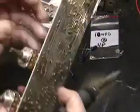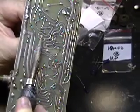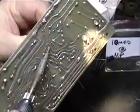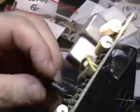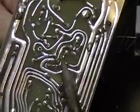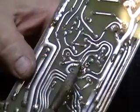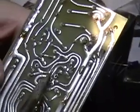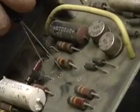But in any case, you're going to remove the capacitor first, or at least the old one anyway. And then you're going to replace it with the new bipolar capacitor. Now I want you to note that this run goes over here, and this doesn't occur in all cases. You see, there are two leads here closer. That's because